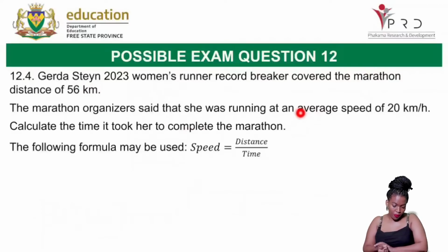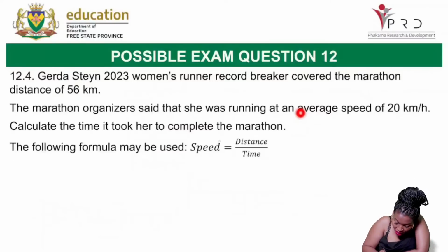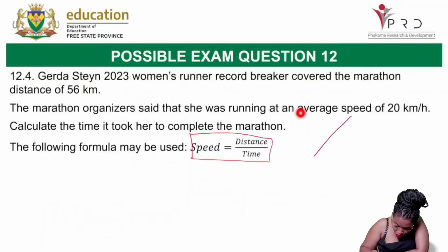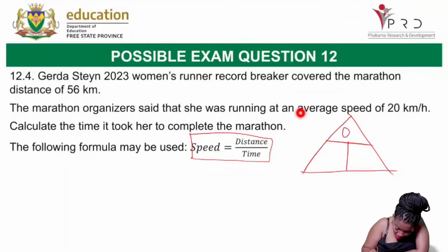The next question, Gerda Stein, that is the 2023 women's runner record breaker, covered the marathon distance of 56 kilometers. The marathon organizer said that she was running at an average speed of 20 kilometers per hour. Calculate the time it took her to complete the marathon. The question wants us to calculate what? Time. But what did they give us? They gave us the speed formula. Let us do a quick recap on how to do this, because this is also going to be in the exam. We use what? We use the